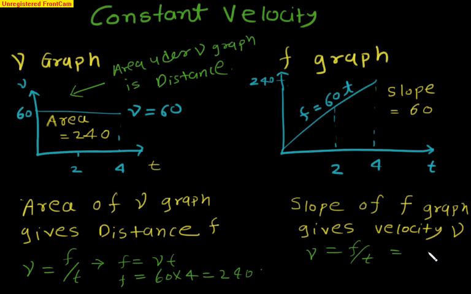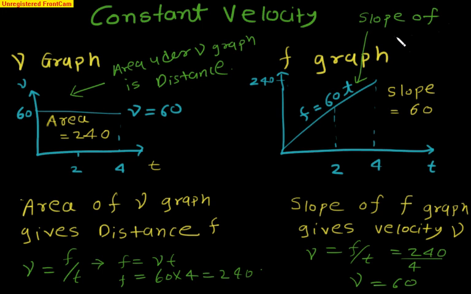Consider f at 60, which is nothing but 240, and at what time? At time 4, and our answer is 60. Even at 2 also our velocity will be the same, because it is a straight line. And this 60 is nothing but the slope of this straight line. Slope is 60. Please remember that